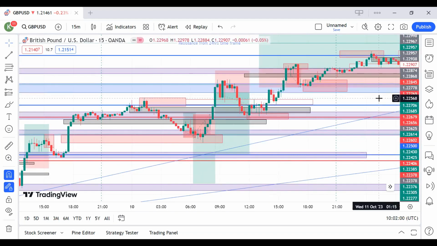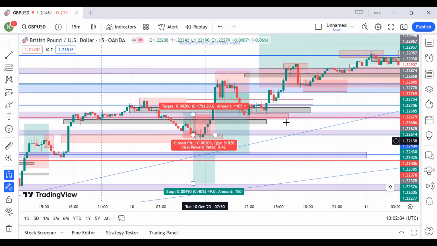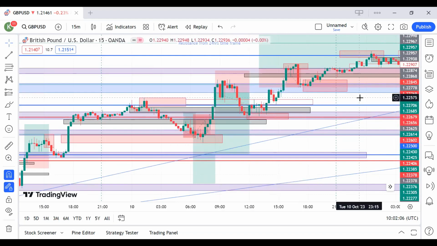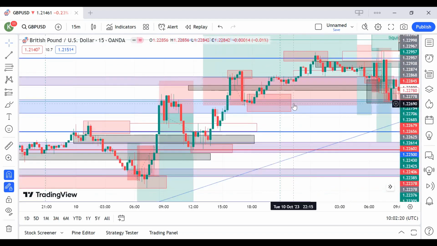So what we'll do during the week, that's why I say don't miss the analysis sessions, is we're going to use ICT to look at the market structure. We'll use SMC to look at the order blocks. Then we will use the psychological levels and price action levels to spot entries. So when we are looking with the psychological levels and the price action levels, we're looking for